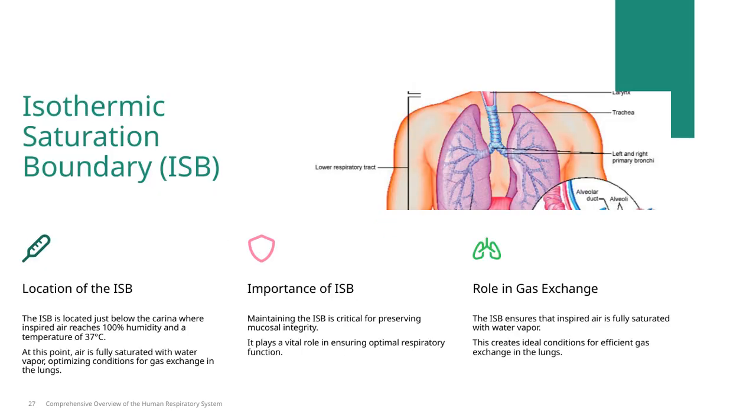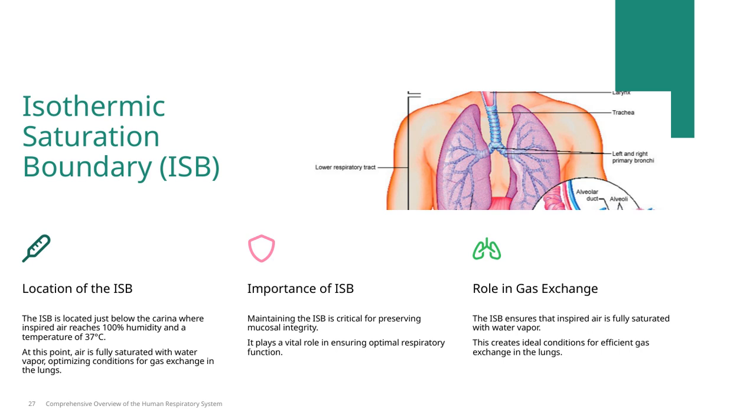Let's discuss the importance of the isothermic saturation boundary, or ISB. Maintaining the ISB is essential because it helps preserve the integrity of the mucosal lining in our respiratory system. This preservation is crucial for protecting our airways and ensuring they function properly. The ISB is strategically located just below the carina, where inspired air reaches full humidity and a temperature of about 37 degrees Celsius. At this point, the air is completely saturated with water vapor, which creates optimal conditions for gas